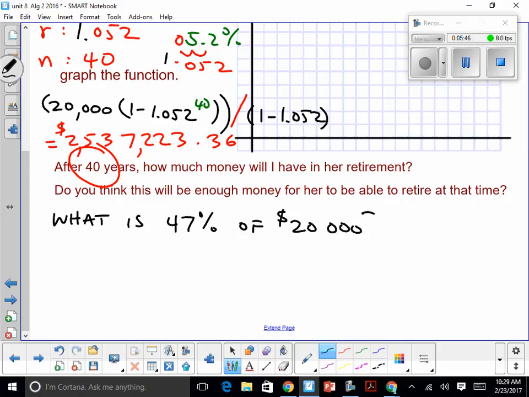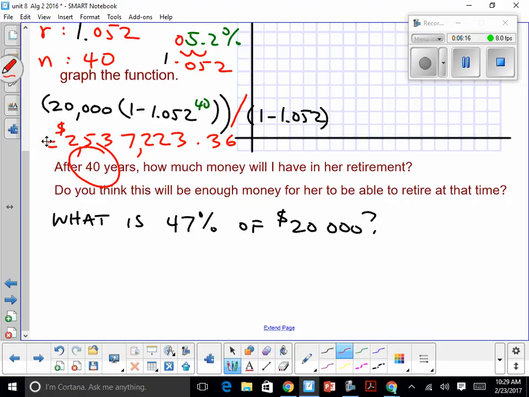Of that original 20,000, they give you an original amount and ask, what is 47% of that? Now, this isn't Algebra 2B second semester. This is old school: multiply the percent times the money, as long as you change the percent into a decimal. So to get the answer to this question, all you're going to do is